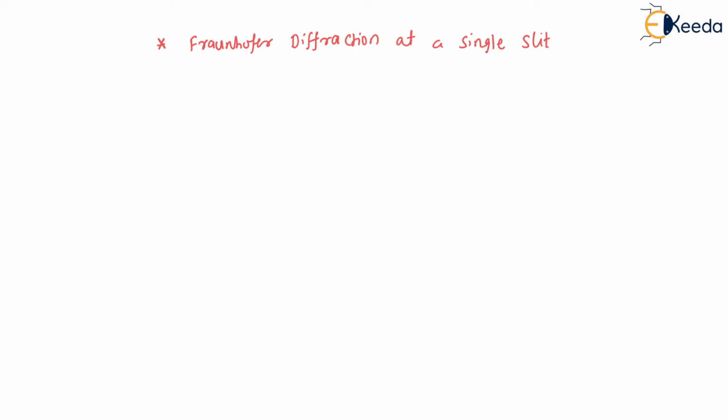So here, first of all, we will draw one slit over here. So this is, suppose, a slit. Now see, to check the diffraction, here we'll consider one screen over here on the extreme right hand side. So suppose this is the screen, and again here we will need a lens. So here I'll draw one lens over here.